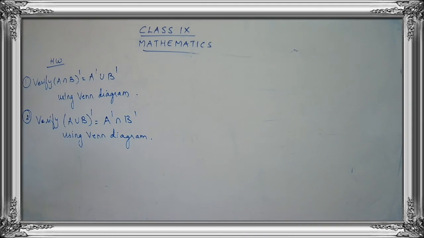You have to present your Venn diagrams neatly, and I'll be checking your homeworks. If it is not neat and if it is not good, you may have to do it again. So just present your homeworks and classworks neatly children. Be careful. Okay, so with this we complete our exercise 1.5, and we will be continuing with the remaining exercises. We have some more exercises which will be continued in the next class.